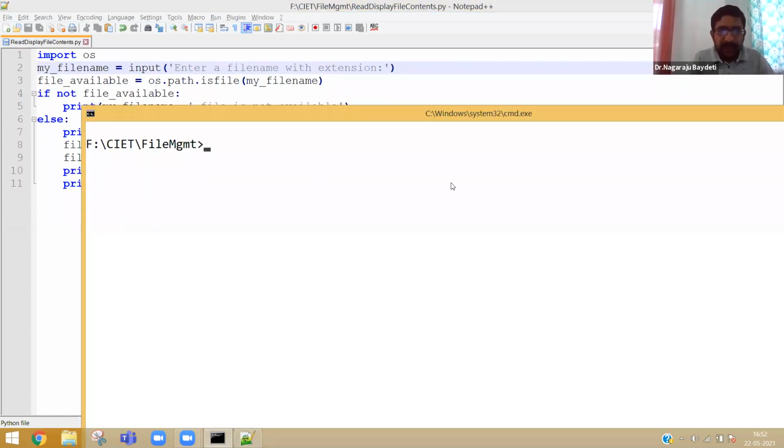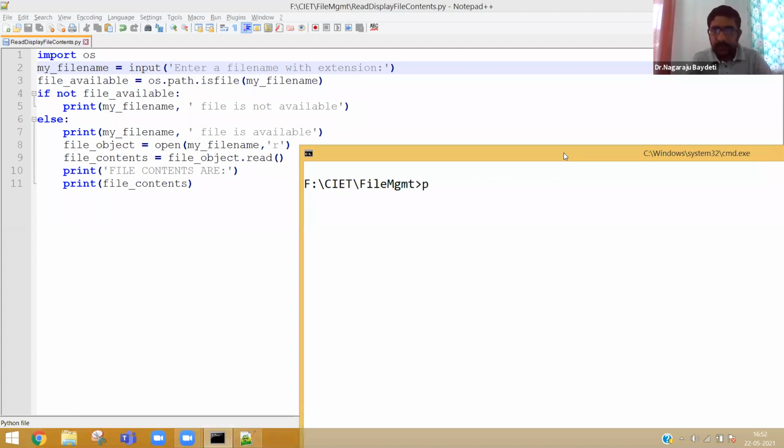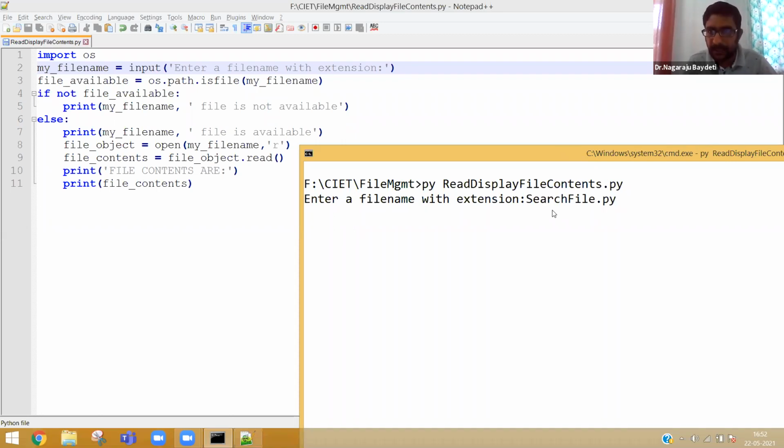The file name is read display file contents. That is the file I am executing. That file is asking me to enter a file name. Imagine I will give a different file, search file.py. Search file.py is written by me just now in front of you.